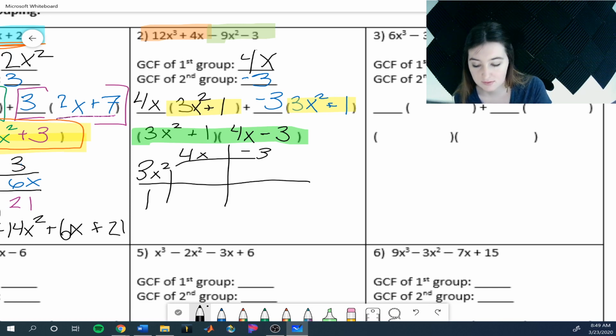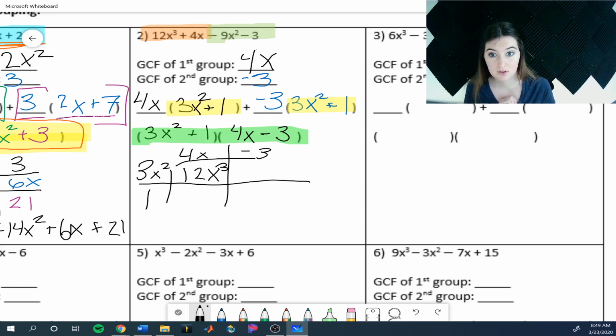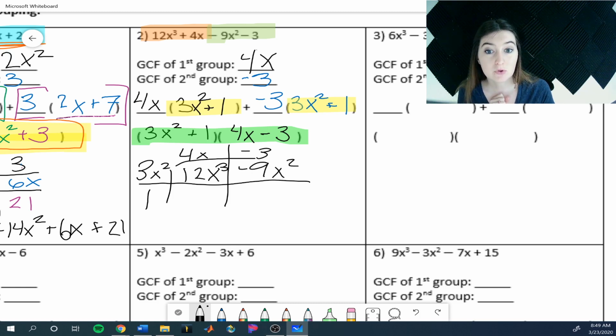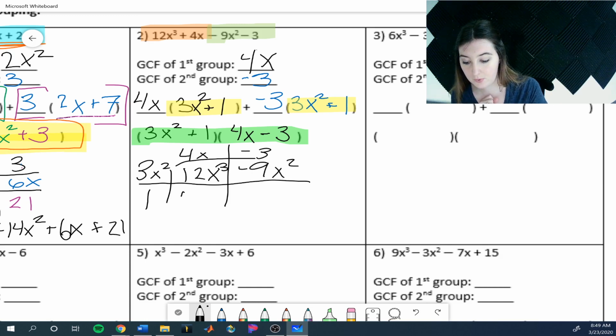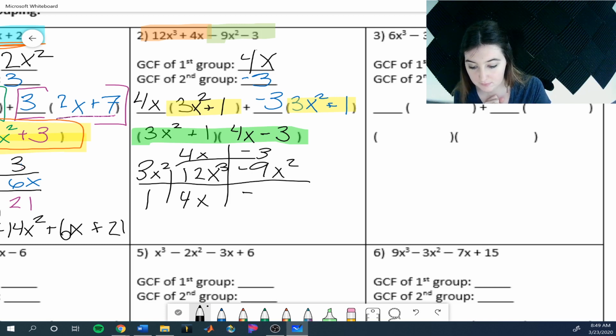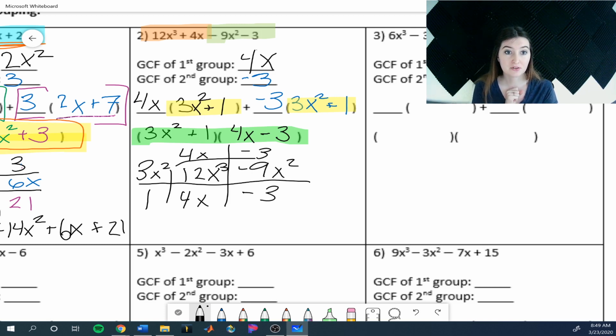4 times 3 is 12. X squared times x is x cubed, because I have 2 x's plus 1 more. Now 3x squared times -3 is -9x squared. 1 times 4x is 4x. 1 times -3 is -3. Good. So now if I write it in order from largest exponent to smallest exponent, let's see what I'm